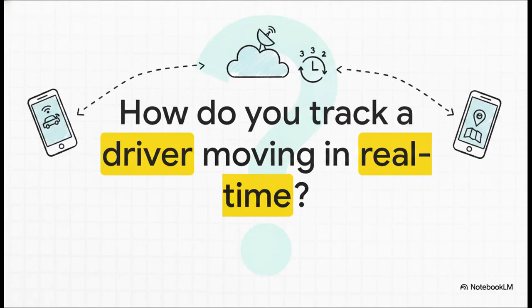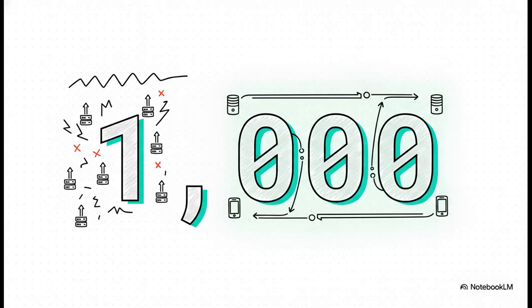Next up, section 4, WebSockets, real-time connections. So think about this. How exactly does a ride-hailing app track a driver moving on a map in real time? The driver's app needs to send GPS coordinates to the server every 3 seconds, which then instantly pushes those updates to the rider's app. If you tried to use standard REST polling at 3-second intervals for this, you would generate about 1,000 requests per single ride.